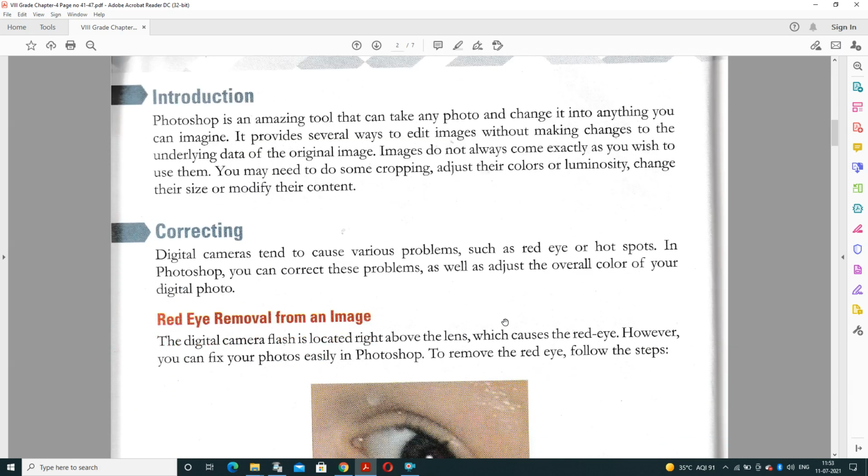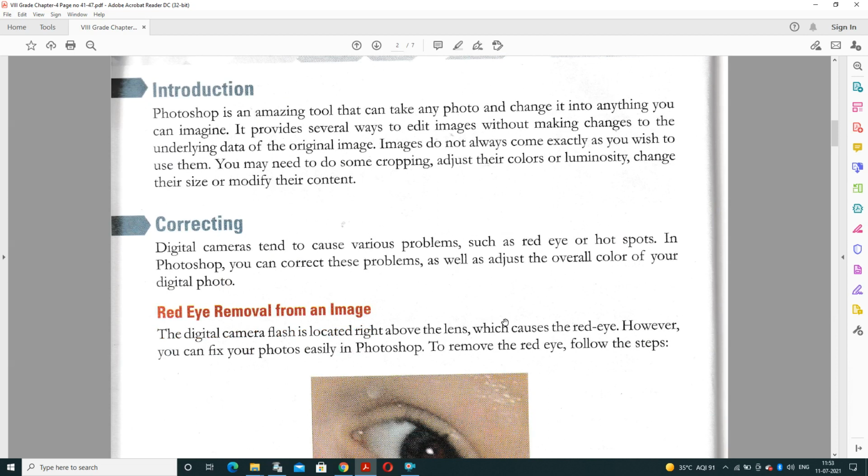Firstly, the introduction part. As per previous discussion, everybody knows Photoshop is an amazing tool that can take any photo and change it into anything you can imagine. Whatever idea you have for changing a photograph, you can do correction and editing with the help of Photoshop software.